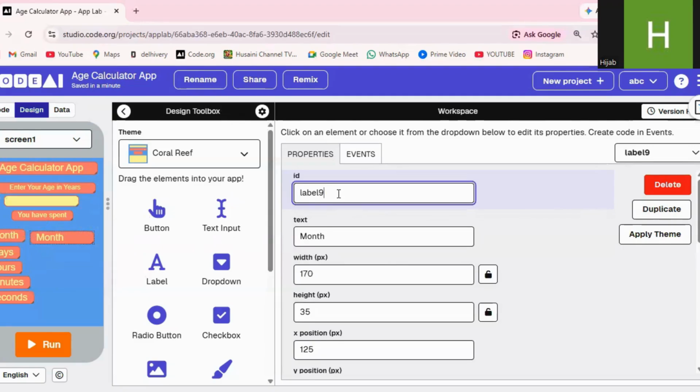Okay, now I'm gonna rename them because otherwise it will be very difficult for us to understand which label belongs to which category. So I'm gonna rename it to months. Okay, then duplicate this. This goes for days. Let me remove the text from here. Right. Now another one,